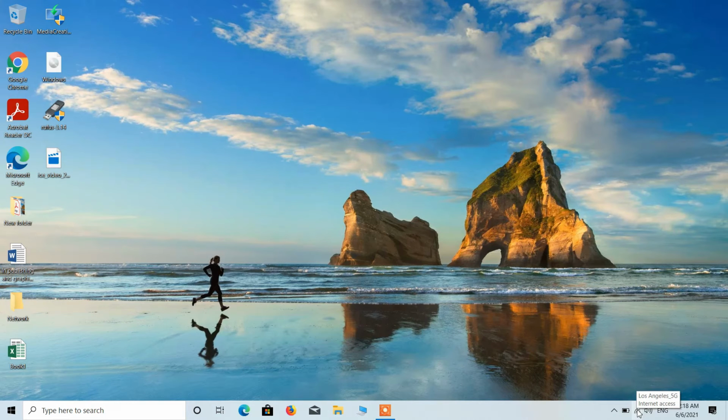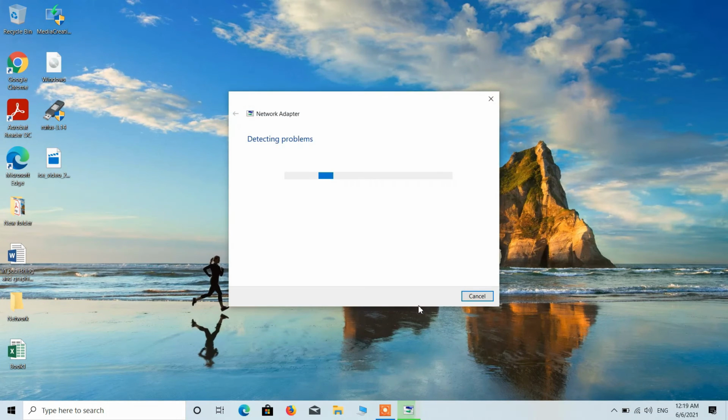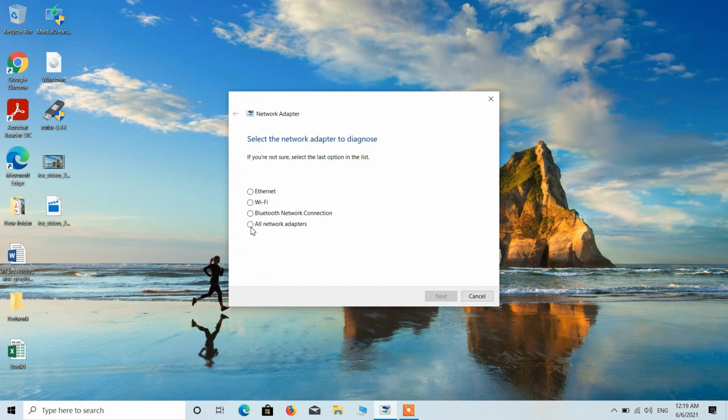Go to this network icon, right click over it and click on the option Troubleshoot Problems. So it will automatically detect the problems in your system and fix them. Now just select this option, All Network Adapters. After this just click on the next button.